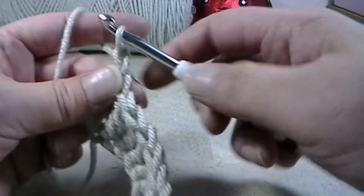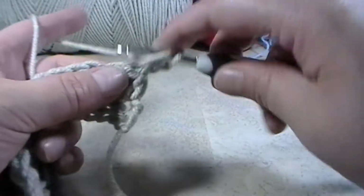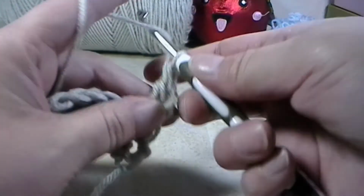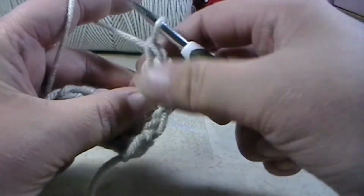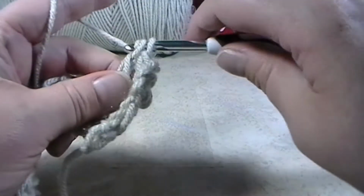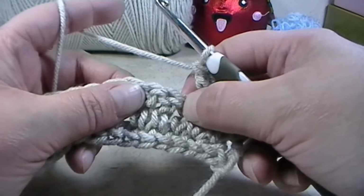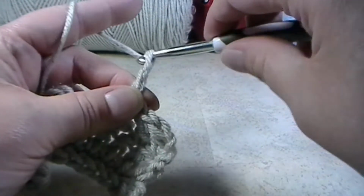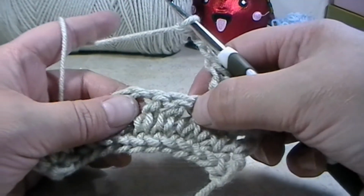Now you're going to chain 1, turn your work, and you're going to double crochet into 3 stitches. So 1, 2, and 3. Okay, and there you go. And what we're going to do is we're going to skip these 3 double crochets. So we're going to chain 3, 1, 2, and 3. You're going to skip the 3 double